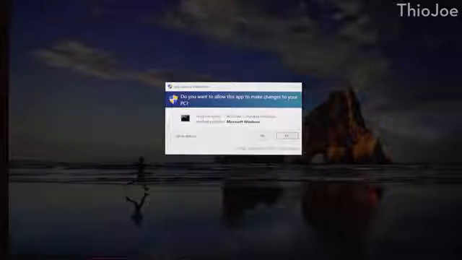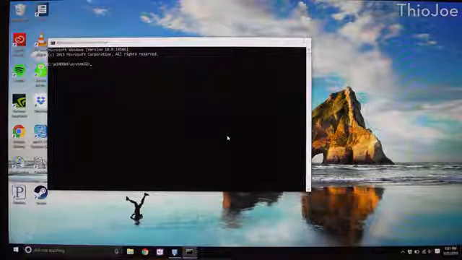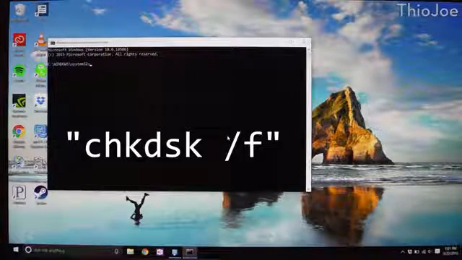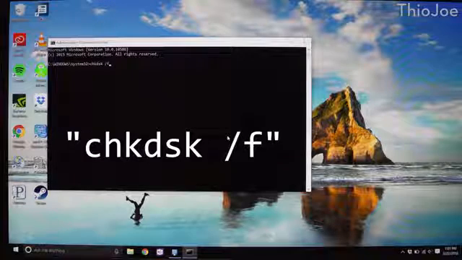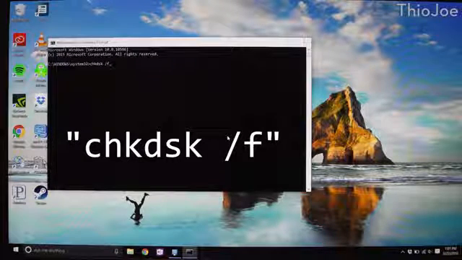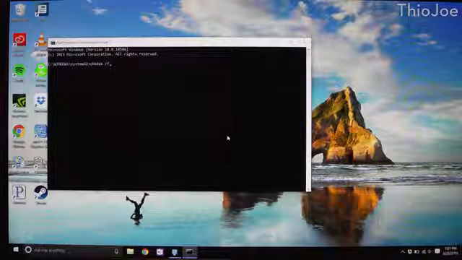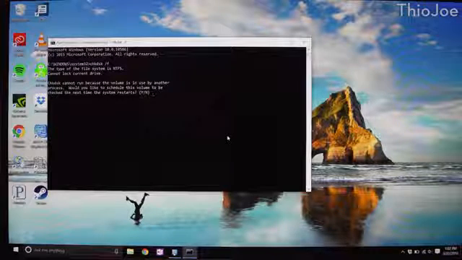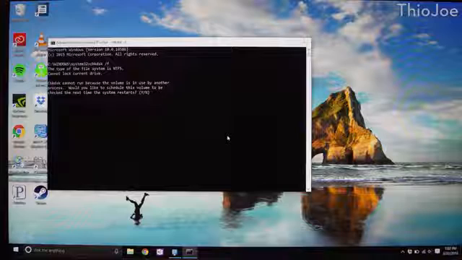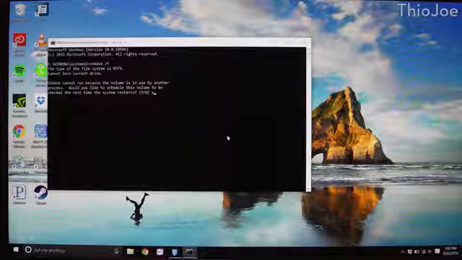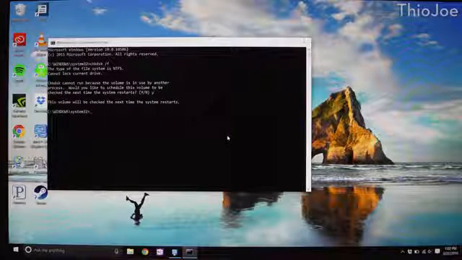So you can just do that, right click, click yes, and then type in the following command. It's chkdsk space /f, and the /f just means it's going to repair any files that it finds. And then you can press enter, and it's going to ask you when you want to do it, and you have to do it after you restart. So you can press Y and then hit enter, and then the next time you restart, it's going to run